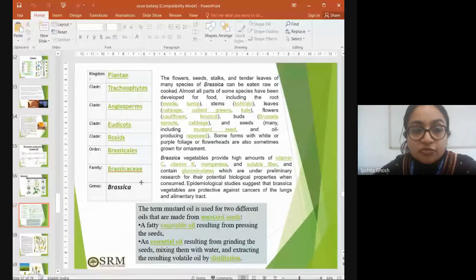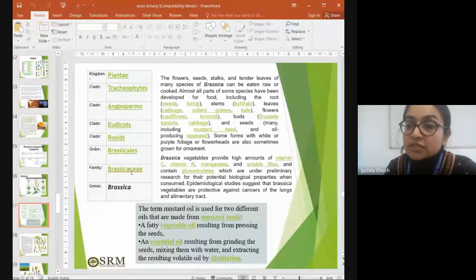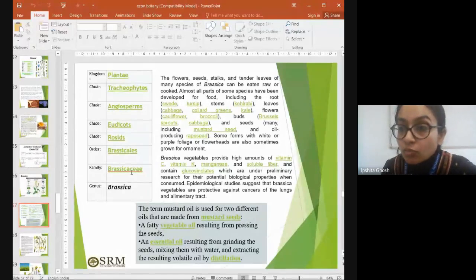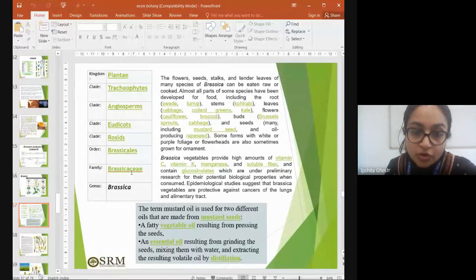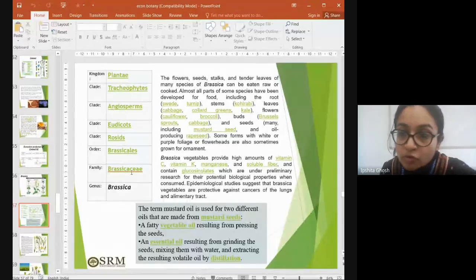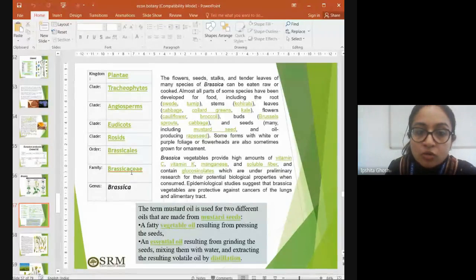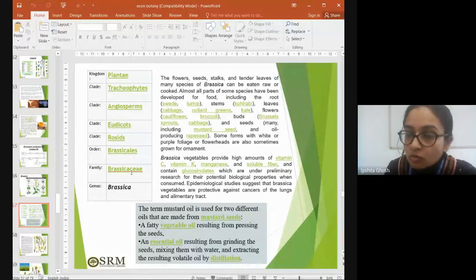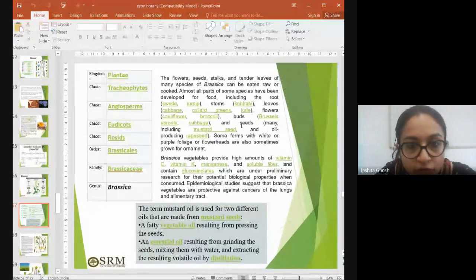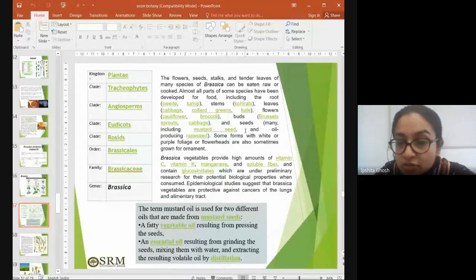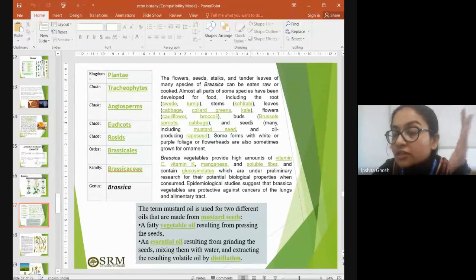So of the four which I was teaching, like groundnut, coconut, linseed, Brassica is most important from your questions point of view. So make it a point that you know or study it well. Okay. So I'm not repeating this, that the different parts are used for different purposes. So that will come in under the uses.